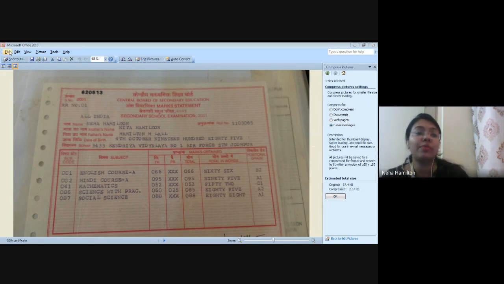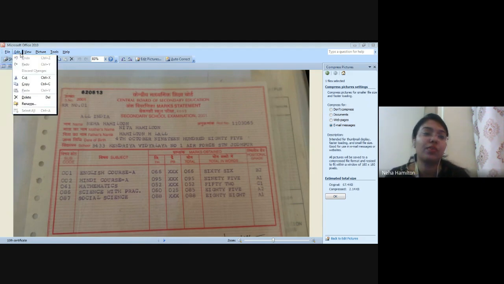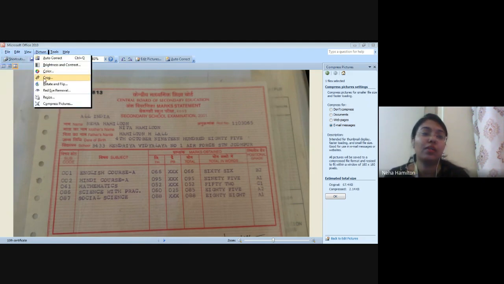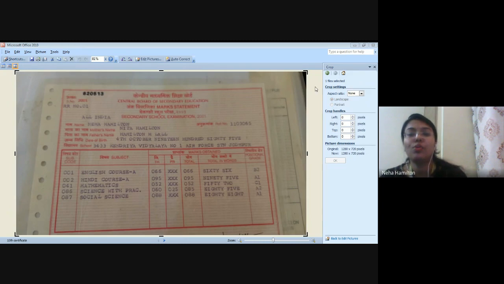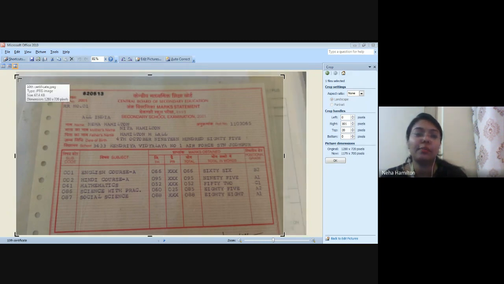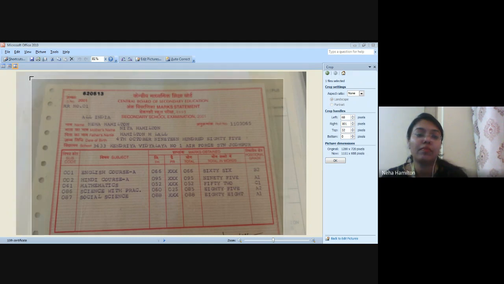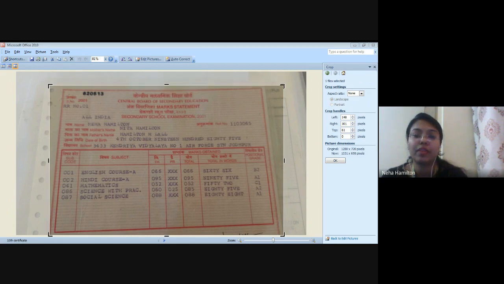You can crop this picture also. There are some things in this picture that I don't want. For example, I only want the text to appear, right?